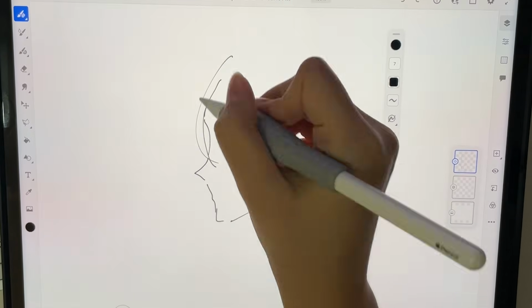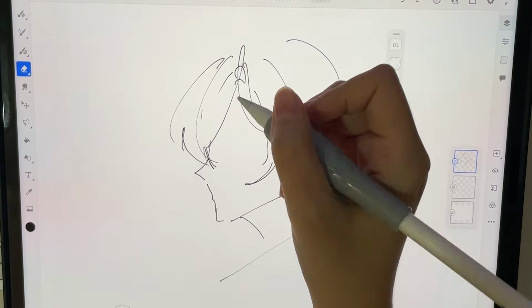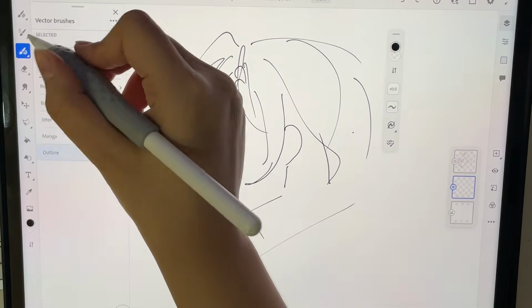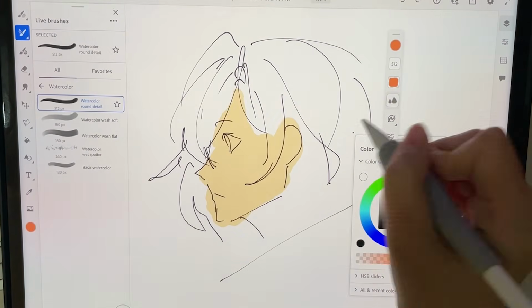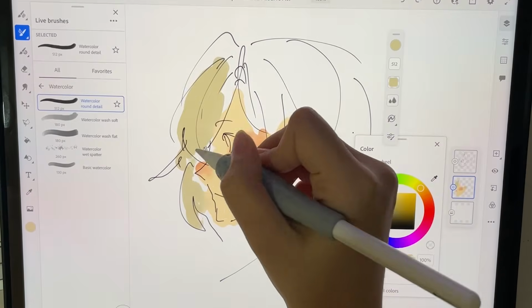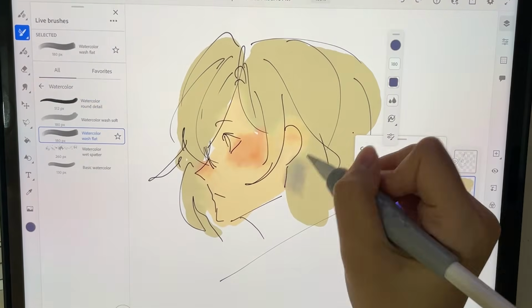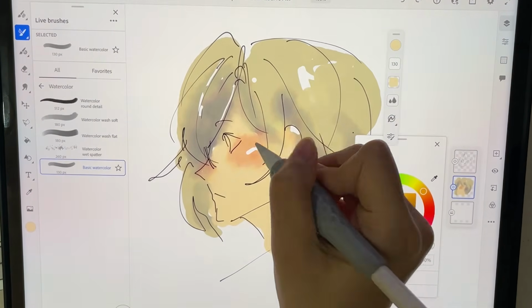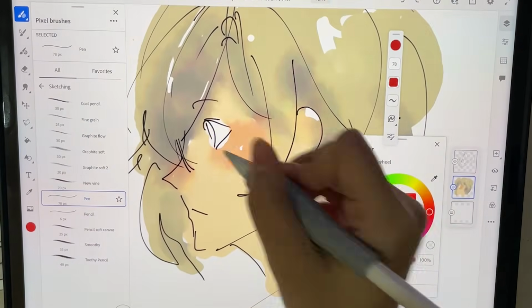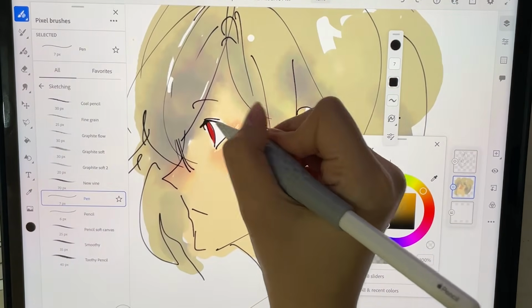Why am I reviewing Fresco? I don't think I should be reviewing Fresco. My work is very far from traditional art, and this whole app and all the brushes are very traditional. Like, this is just not for me. I felt like I was fighting with the app the entire time drawing. Here's my very, very sad attempt to use like watercolor, and then I gave up. Fresco's not for me, but it's fun to play around with.